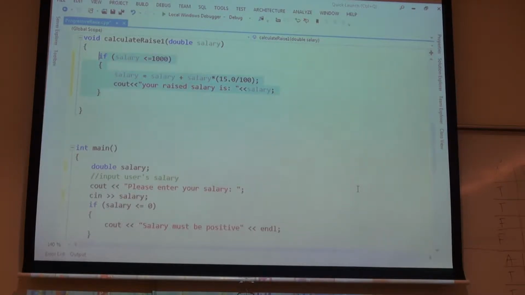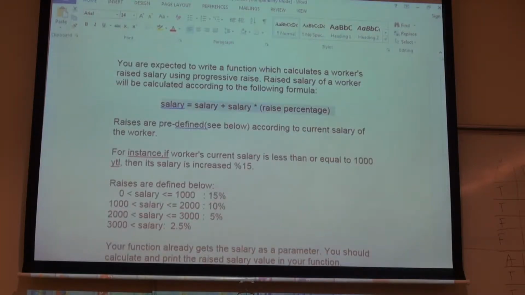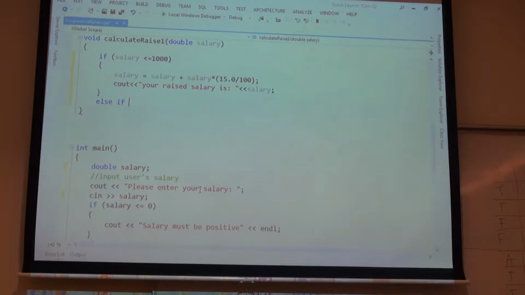If it's not smaller than 1,000, we should write else. If it's not the case, else. We are writing in another if. What do we have else? If it's not smaller than 1,000, then let's check whether it's smaller than 2,000 or equal to 2,000. So we are writing this stuff here. Else if salary is greater than 1,000,